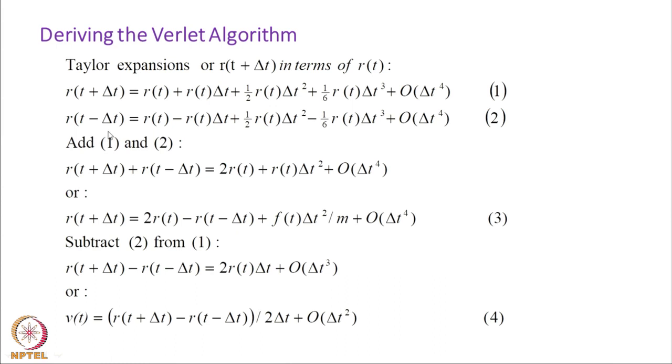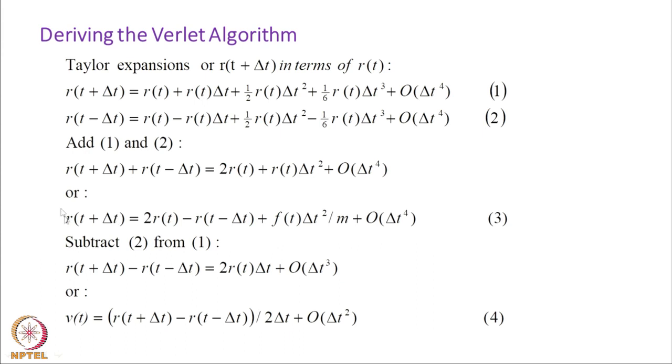At t minus delta t, it will be r(t) minus velocity into delta t plus acceleration into delta t square minus third derivative of r into delta t cubed and so on. So, this is the new position, this is the old position. If I add the two, what I get is r at t plus delta t plus r at t minus delta t is 2 r(t) plus, this should be force into delta t square. There should be r double dot t into delta t square plus order t fourth,